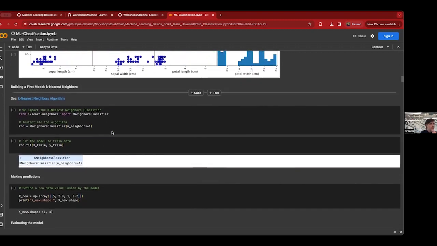So the first model we're going to look at is k-nearest neighbors. And all k-nearest neighbors is going to do is say, okay, I have all of my training data. So whenever I put a new point in here, I'm just going to look at the closest k points, and I'm going to ask them, what's your label? And then the most frequent label that I get out of all my neighbors,